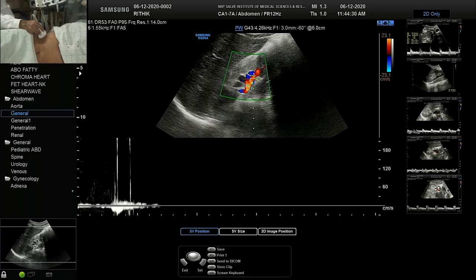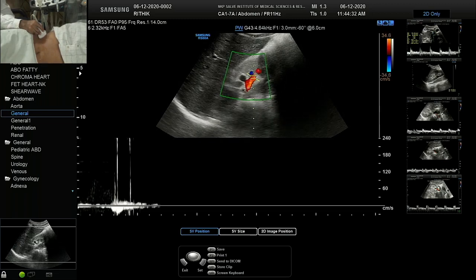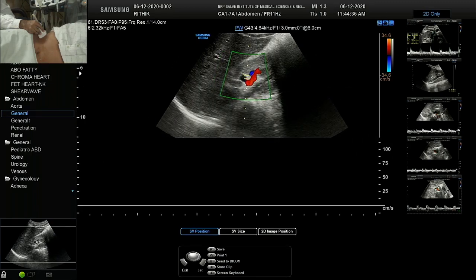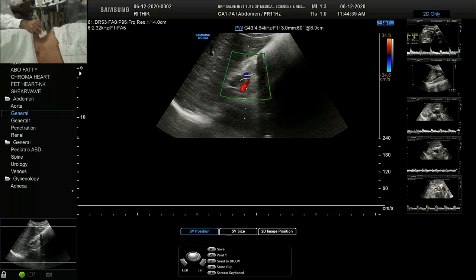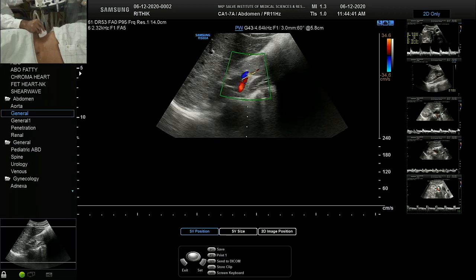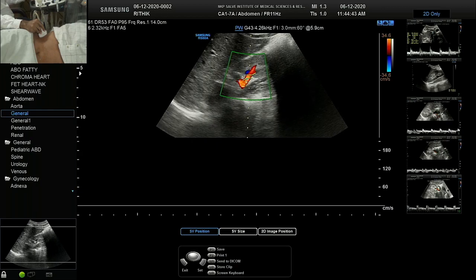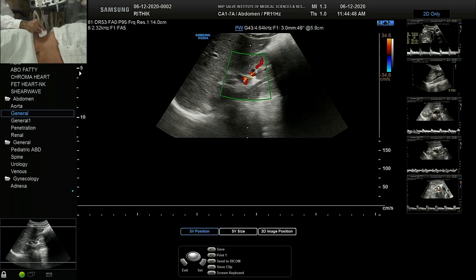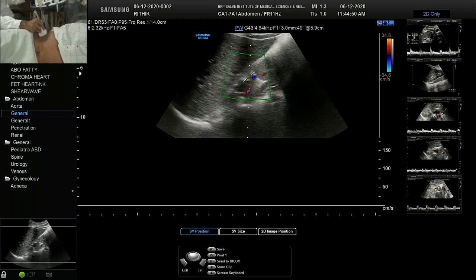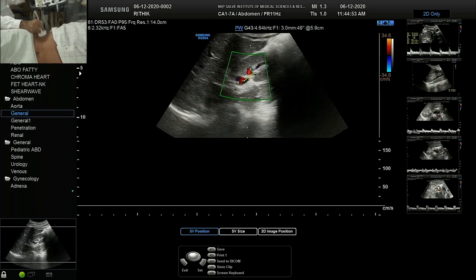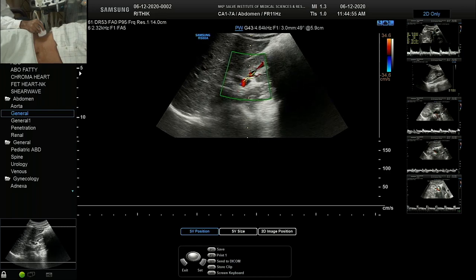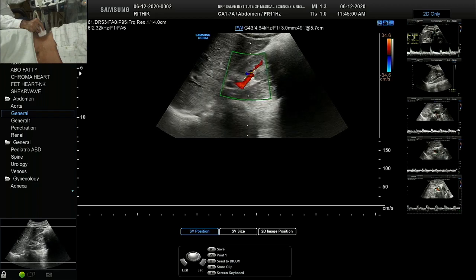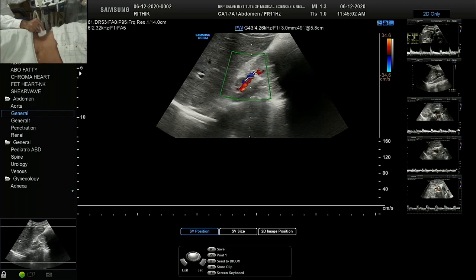Then you make your aim where you want to sample. Adjust everything. In the meantime, the patient may just relax, or maybe the time elapsed is more. The patient will not hold that breath. Let it be, don't worry. Some patients just keep breathing very slowly. Then you can ask them to hold their nose and mouth together so that they don't breathe. But that is required especially in females.